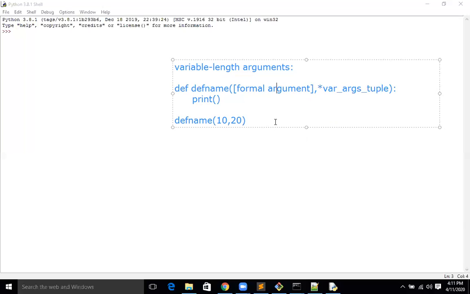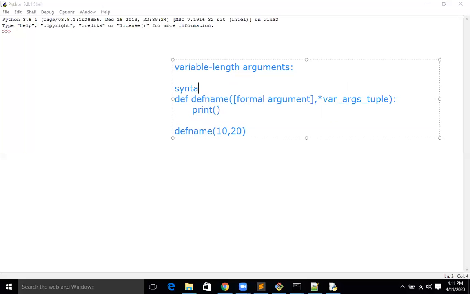So, definition name, formal arguments, and then the variable arguments tuple. Variable arguments tuple means you are giving tuple-like data.